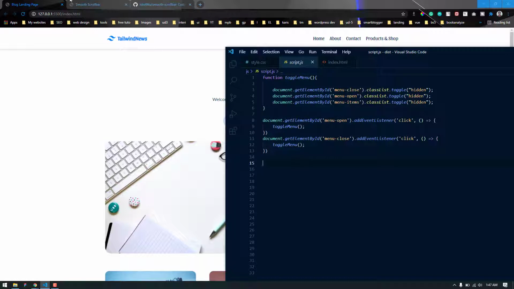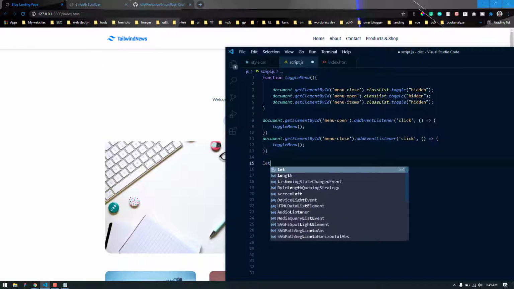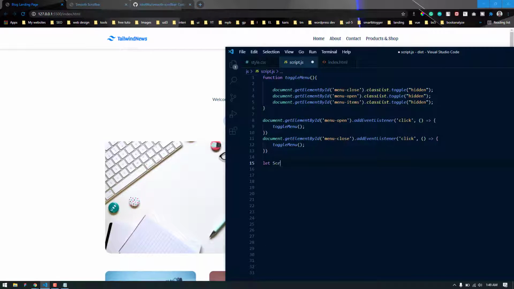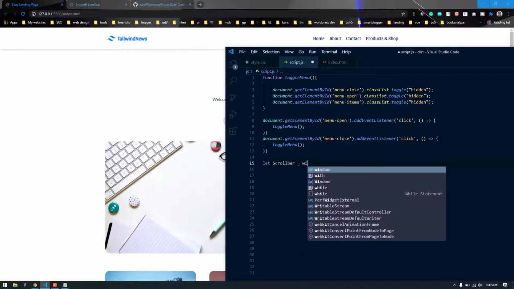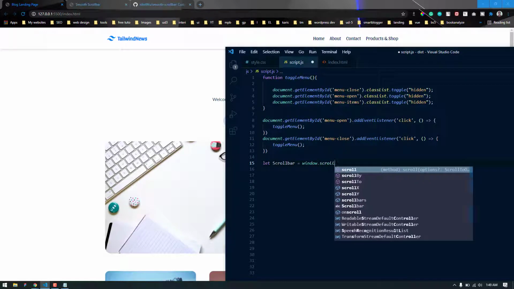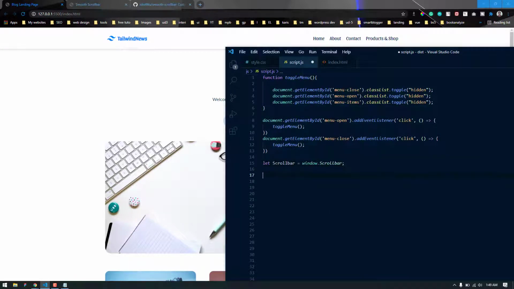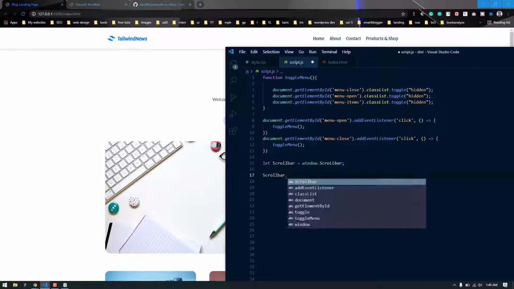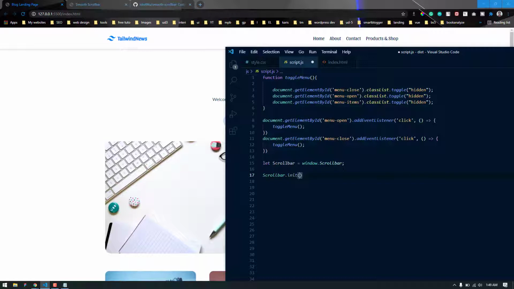To initiate smooth-scrollbar.js, we are going to create a variable named scrollbar, and it will be Scrollbar. So after it, we can initiate the scrollbar directly. So it will be the variable name, then init.